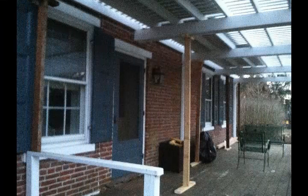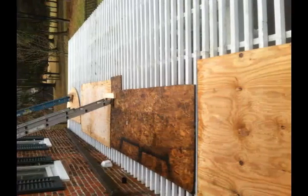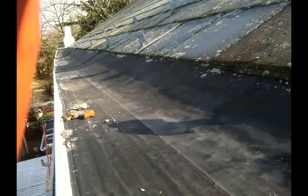Nobody. So we set up for this. We had a pergola structure, a trestle, and we just put a little extra support under it so it would hold us while we're working, just to be on the safe side. We put some plywood on the top and secured our equipment so it wouldn't kick out while we're working. Set up a scaffolding staging system, and we ventured up on the roof